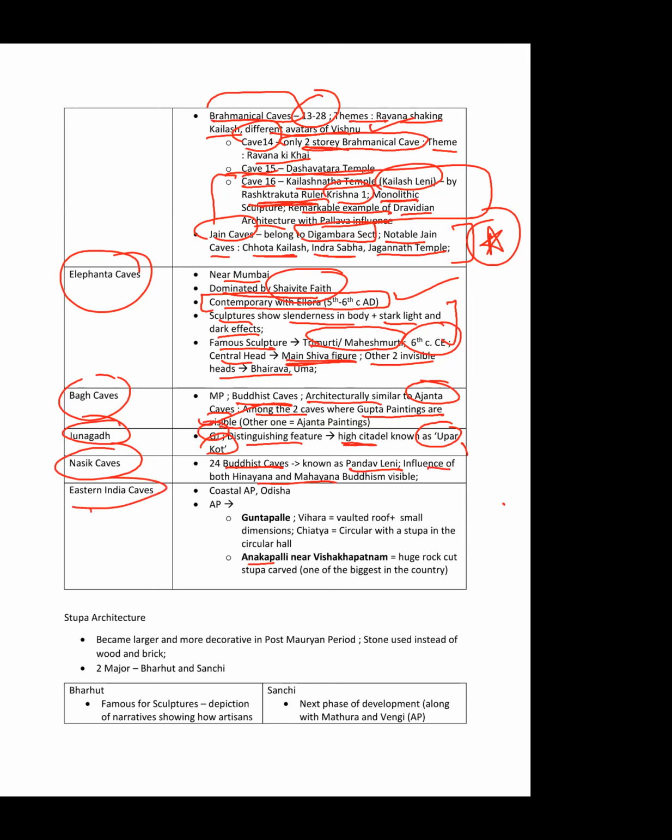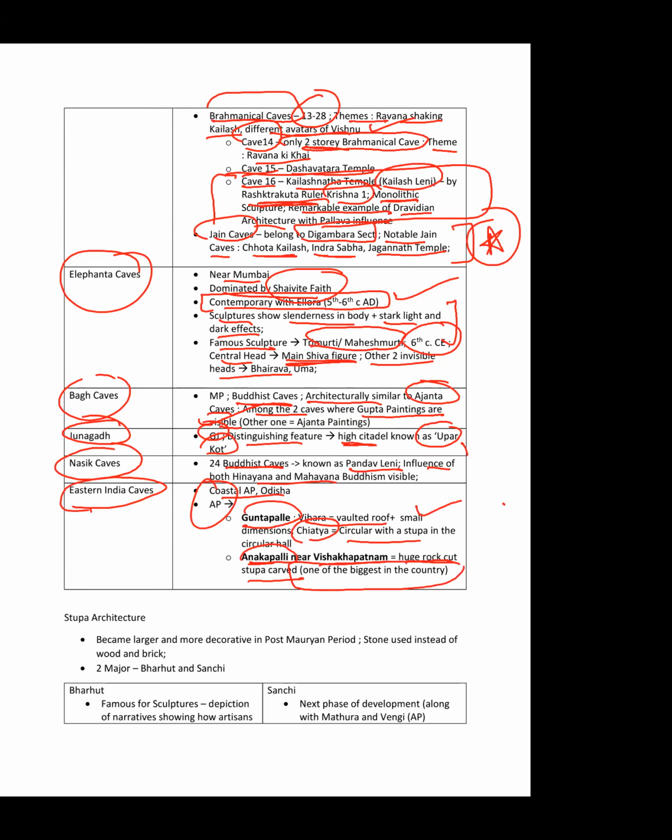Right, in Eastern India maybe we found caves mostly in coastal Andhra Pradesh and Odisha. In Andhra Pradesh, the two prominent places are Guntapalli and Annakapalli near Vishakhapatnam. The details are: Vihara style is vaulted roof, the small dimension. Chaitya style is circular with a stupa. In Annakapalli, it is a huge rock cut stupa carved,